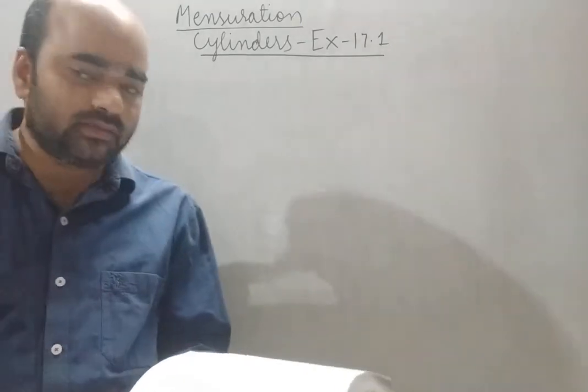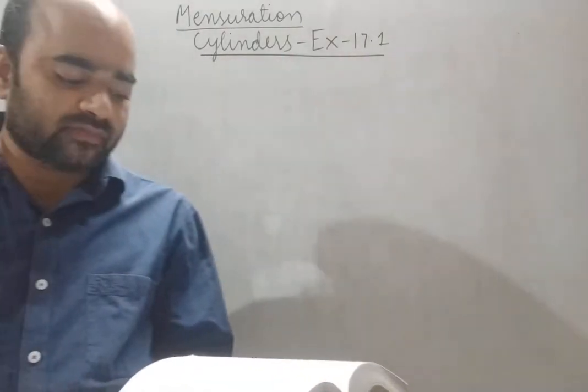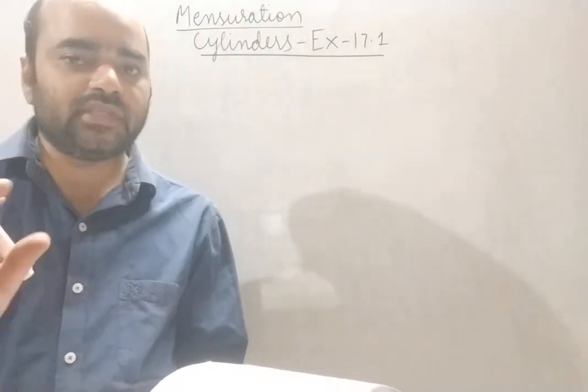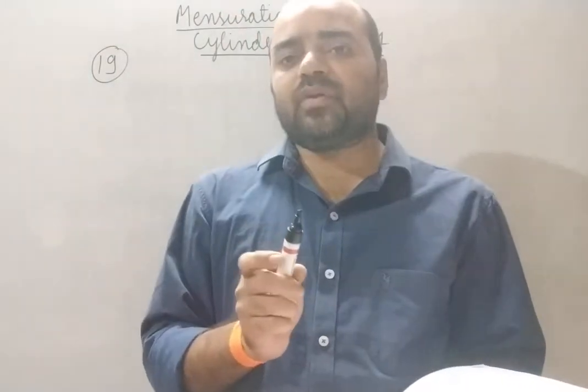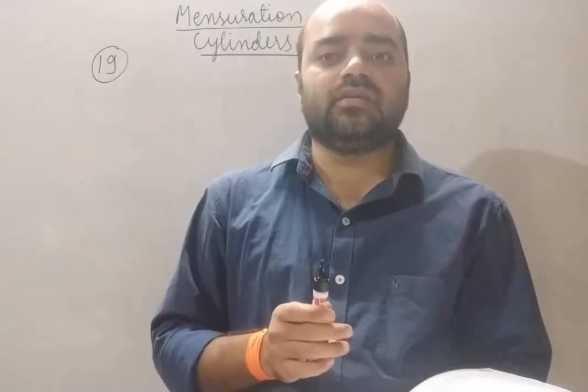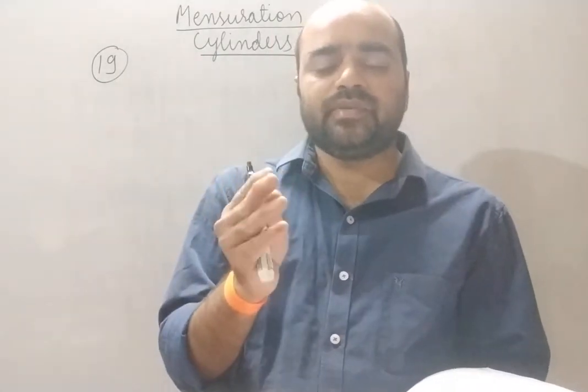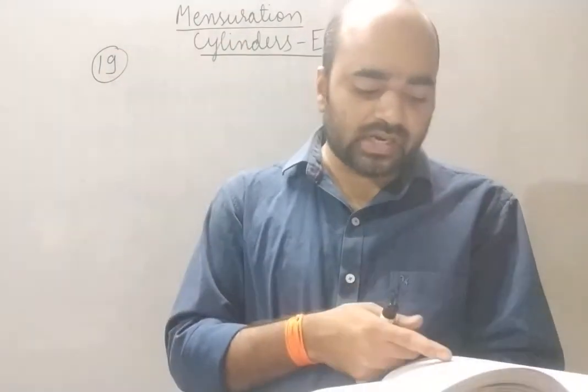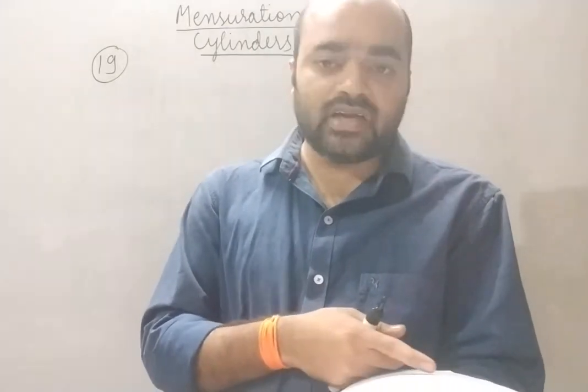Next question, 19. A lead pencil consists of a cylinder of wood with a solid cylinder of graphite filled in the interior. You have seen the pencil. Pencil is also an example of a hollow cylinder, but it is not hollow, it is solid. It consists of two cylinders, but that is not a hollow cylinder. Why? Material is filled everywhere throughout. One cylinder is inside, that is the graphite one, and another cylinder is of wood, that is the complete pencil. So that is given, solid cylinder of graphite filled in the interior.